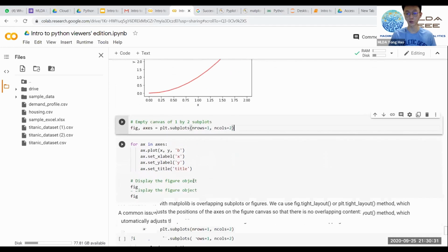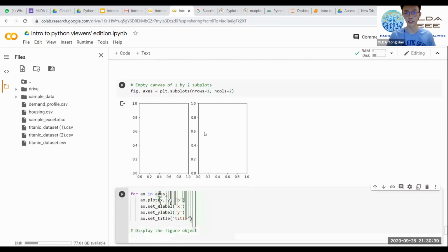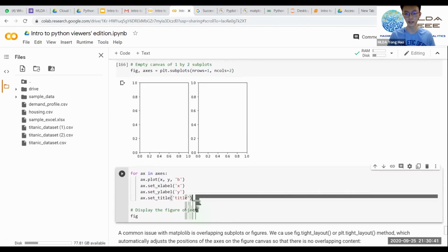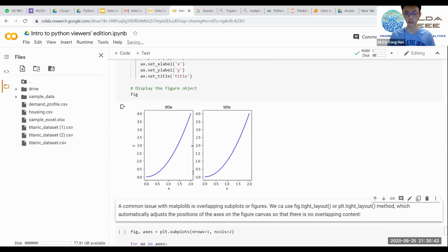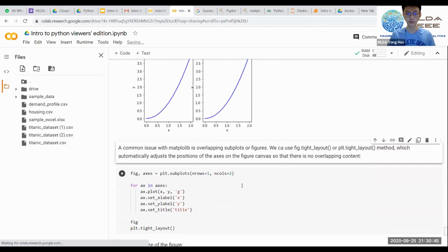Okay, after that, you can do some for loop if you want to plot multiple canvases of some iterable functions. So this will instantiate the axis for plotting, and this is the for loop for plotting. And you can see the figure. Right. Okay, after that,